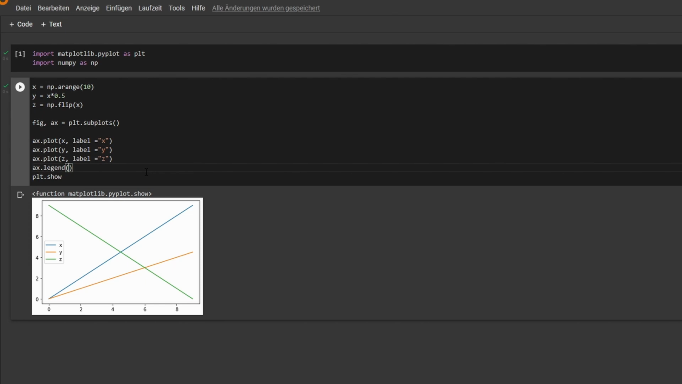Now we want to put it in different locations. As you can see, it is in the left center corner, and the default is the best option. That means it has the minimal overlap with all the graphs inside of your axes. So we can switch that with loc and then type in, for example, center,